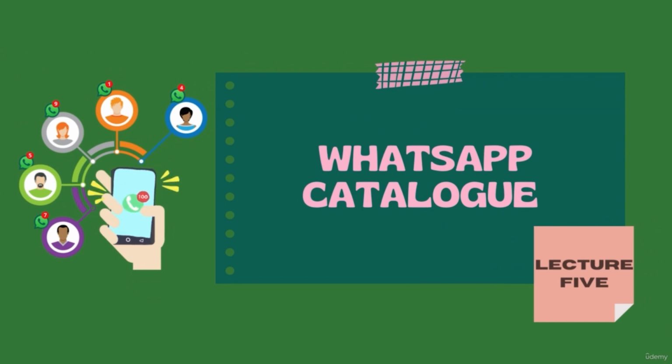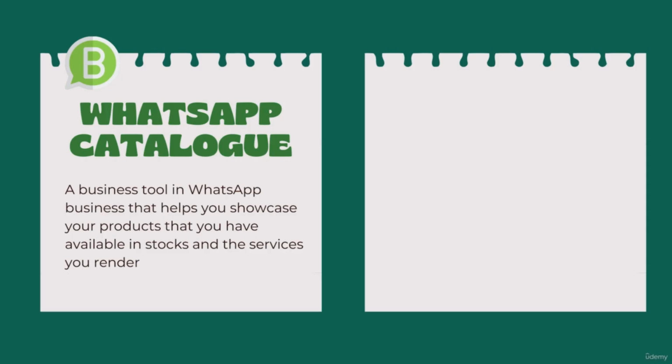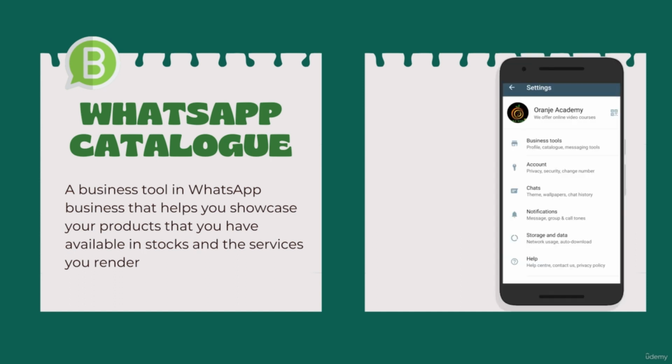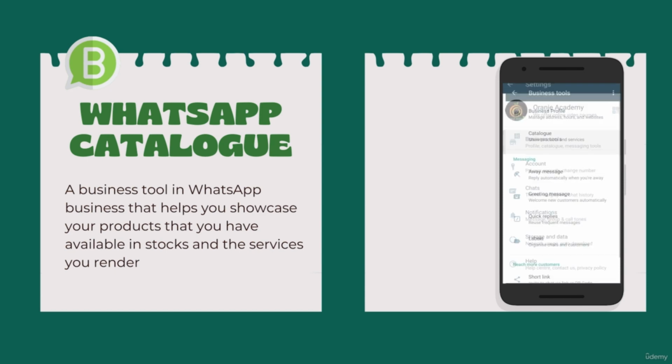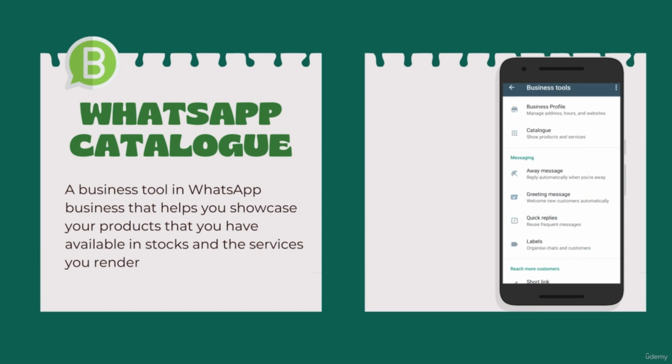Firstly, WhatsApp catalog is only available for WhatsApp Business. WhatsApp catalog is a business tool in WhatsApp Business that helps you showcase the products you have available in stock and the services that you render. Now, to locate your WhatsApp catalog, you go to your WhatsApp profile, click on business tools, and you click on